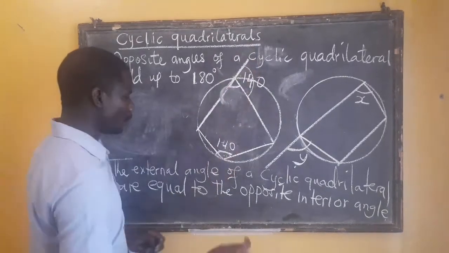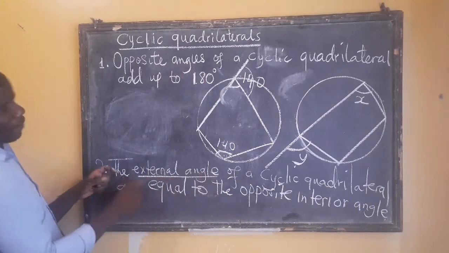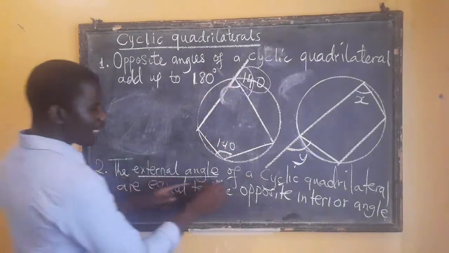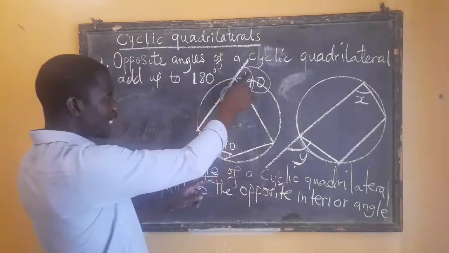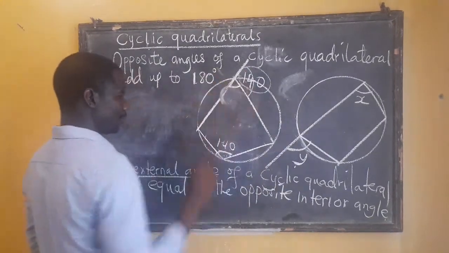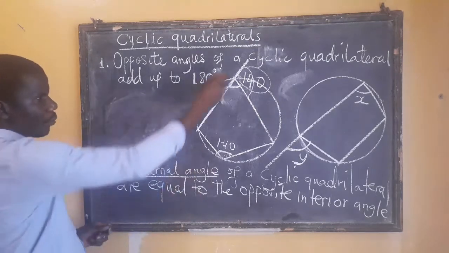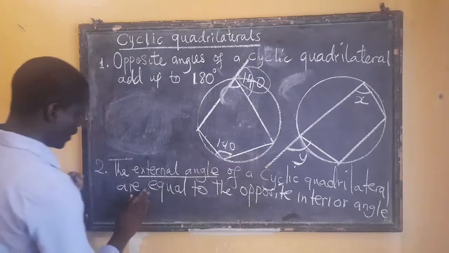This is equal to that. And it brings us to what? The external angle. What is the external angle? This one here. Pay attention. The external angle of a cyclic quadrilateral, which is 140, the external angle here, okay? The external angle of a cyclic quadrilateral, we can say here,